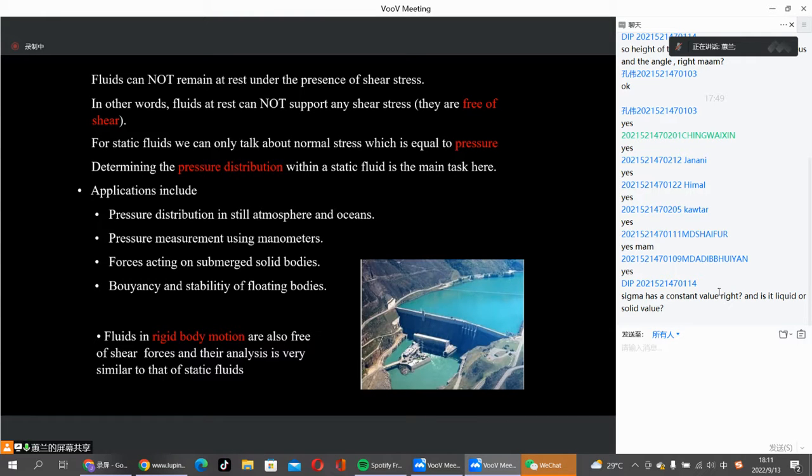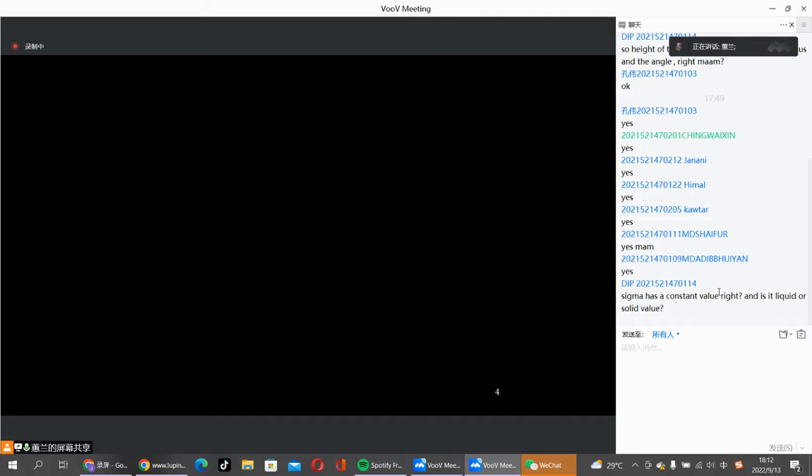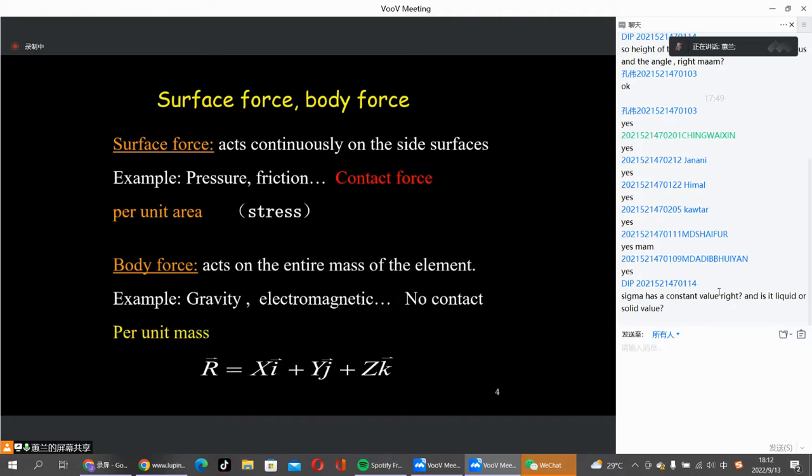Here we need to address one thing: fluid at rest, a static fluid. Here we mean there is no relative motion relative to the solid boundary. So fluids in rigid body motion are also free of shear forces, and their analysis is still quite similar to fluid statics. Okay, we already talked about the surface force, body force, contact force,